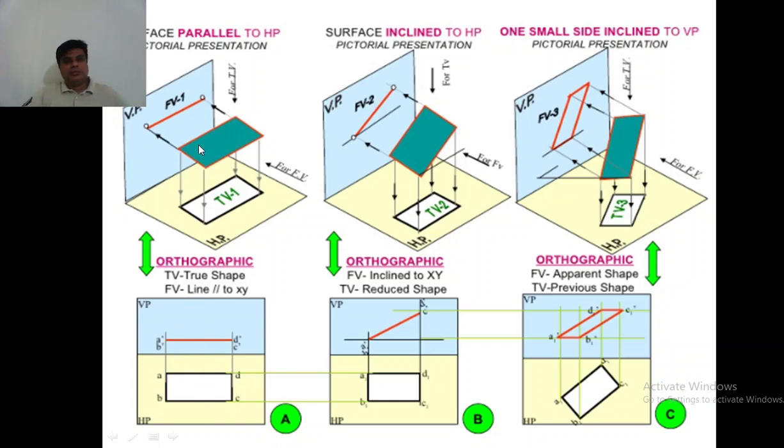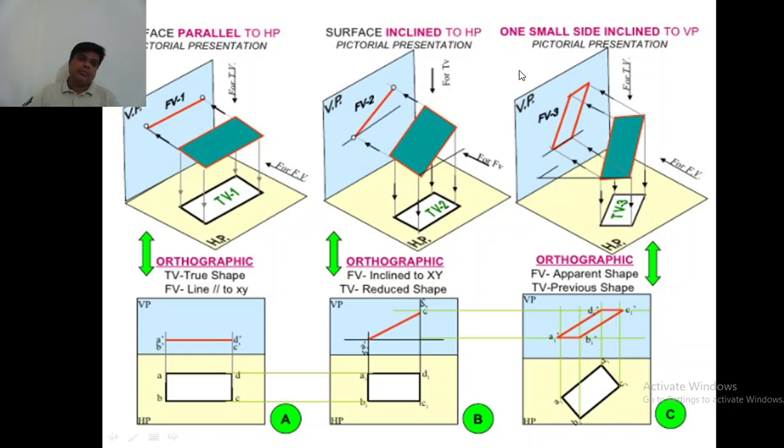Alright, so we have the surface or plane which is parallel to HP and perpendicular to VP. And here you can see this plane is inclined now, inclined to HP. So this plane is making some angle with HP, and again this plane is rotated and it is making some angle with the VP.